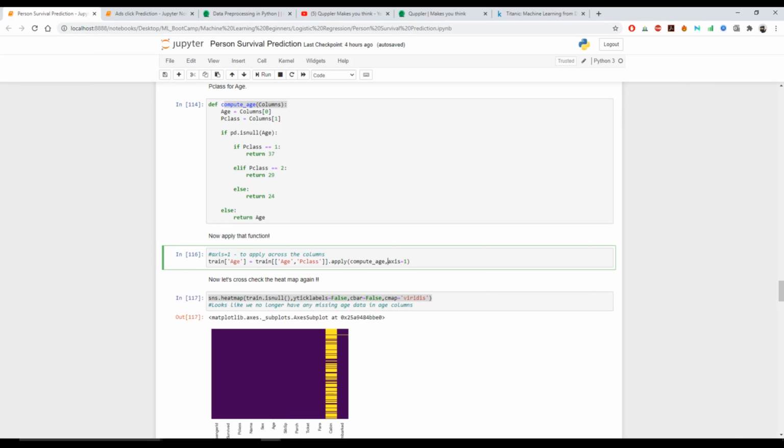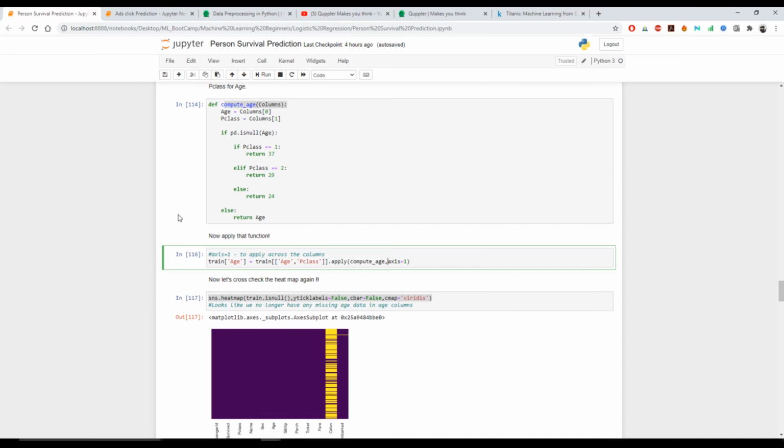To do that, using Pandas, we're going to use get dummies. For this get dummies, first we're going to pass the train for the sex column into the get dummies. On executing this, we're going to get something like this.